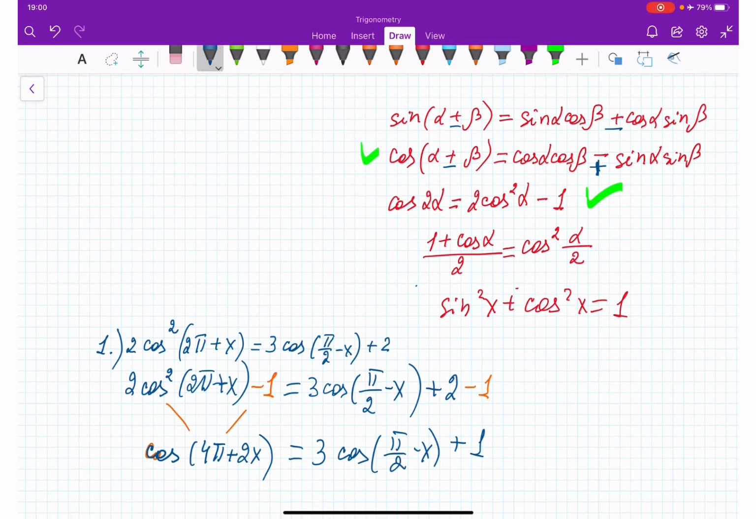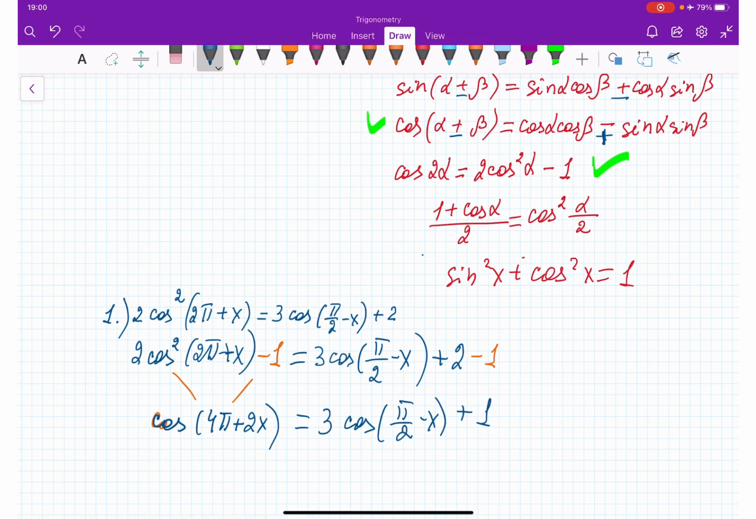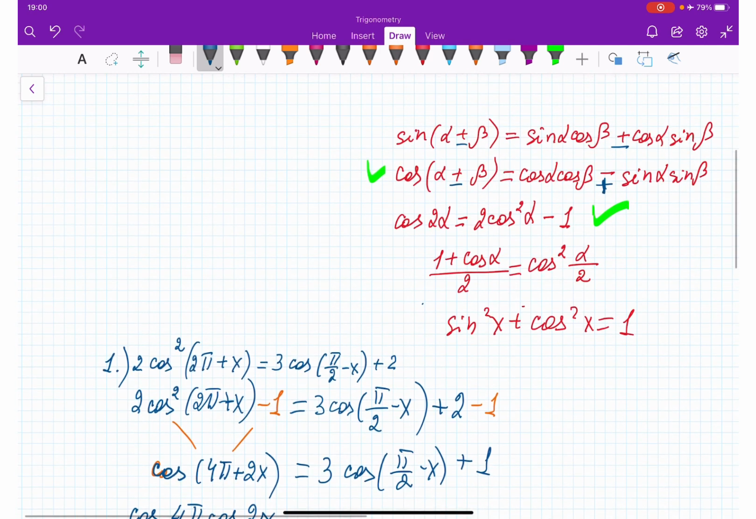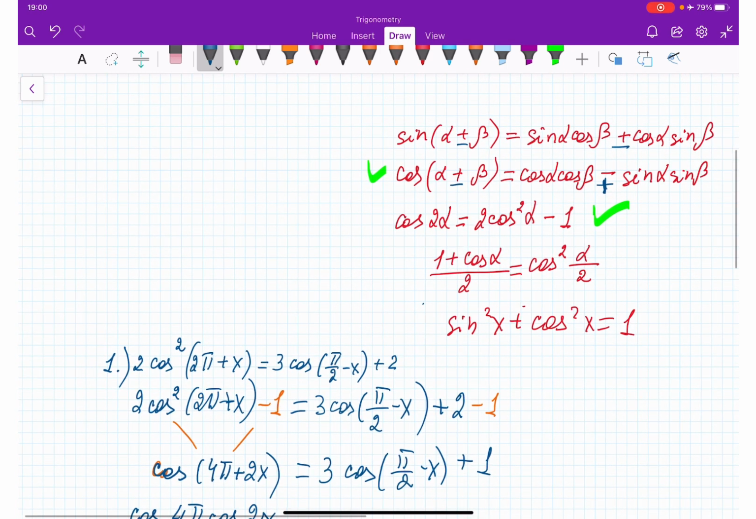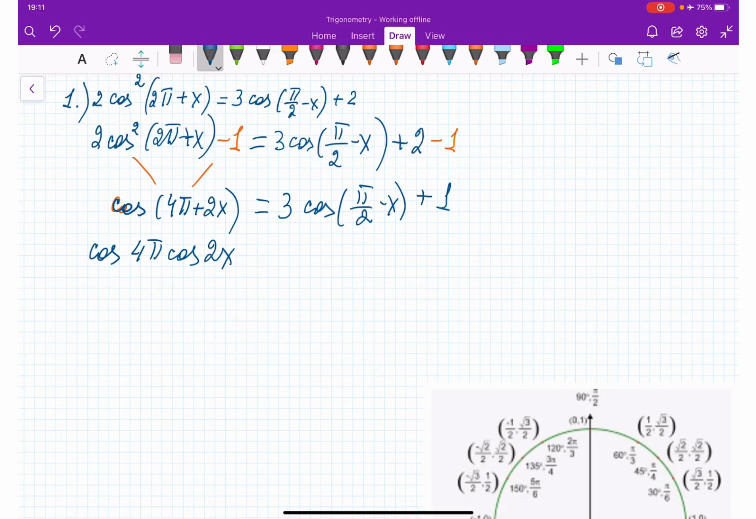and I'm going to get cosine 4π cosine 2x. Right? Where do we have cosine 2π, cosine 2x? Since I have plus, then I will have minus here, right? So it's going to be minus sine 4π sine 2x, equal